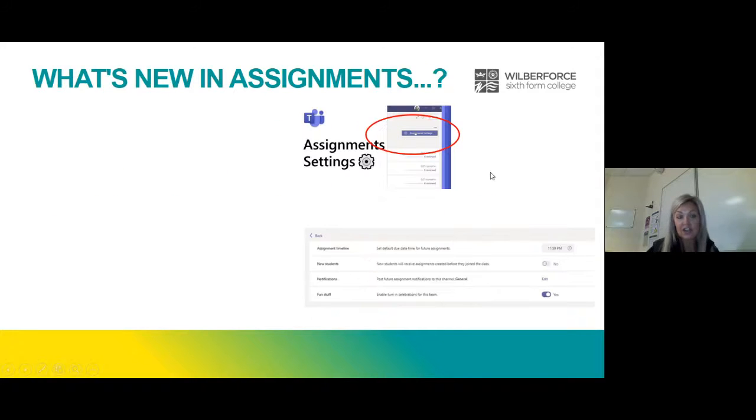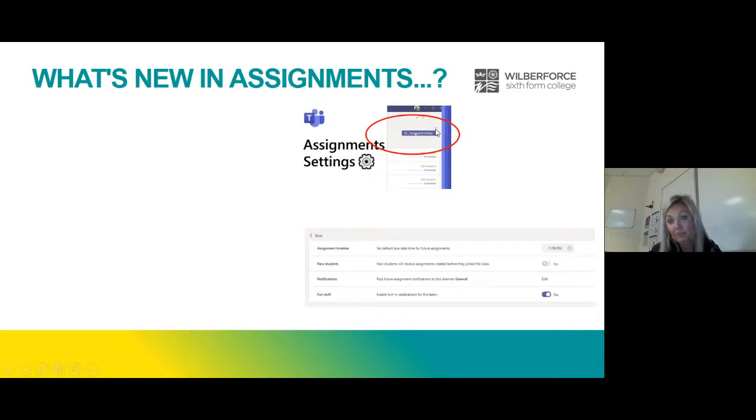So just to finish, there have been some fairly new features in assignments, and some of you, even if you've been using assignments, might not realise that they're there. I thought I would share these with you because they're quite good fun. These are accessible from the assignments landing page, rather than going into create an assignment. This is just on the general assignments page.